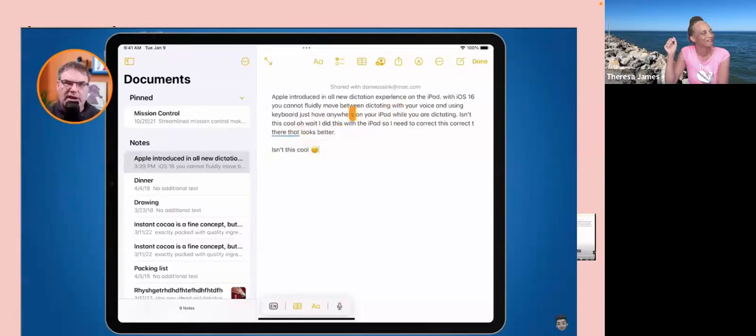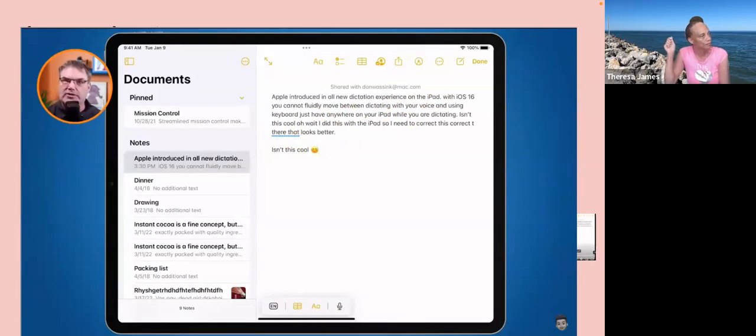And now we can see we have my paragraph here. I did not speak any punctuation, but we do have a period in there. We have my emoji in here, and I went and corrected it. I double tapped on iPhone and spoke iPad and replaced it. Then I went and replaced the iPhone here, and I typed out iPad. I was able to use the keyboard at the same time as I was dictating. So as you can see, there's quite a bit of improvement with dictation. Now let's take a look at the